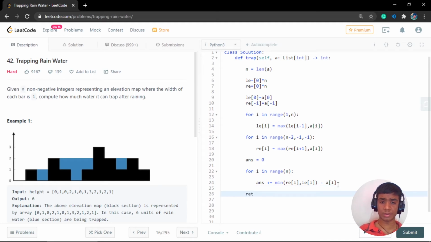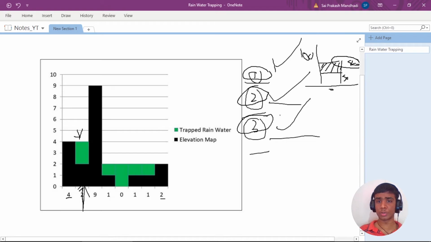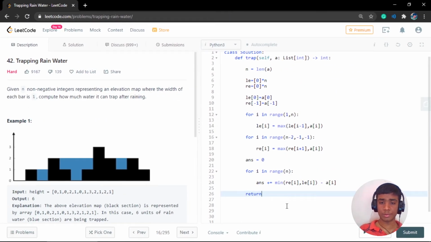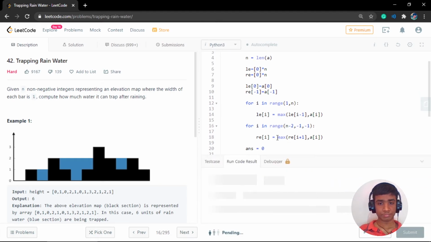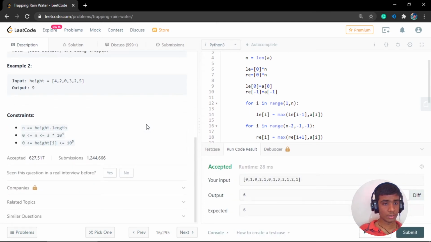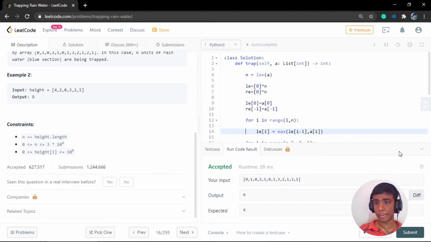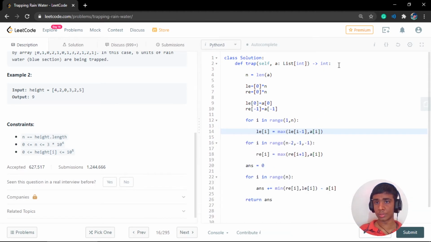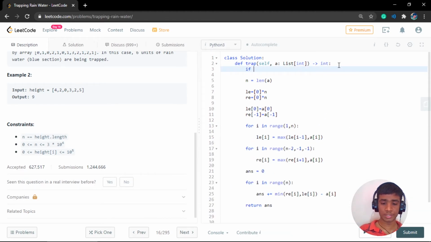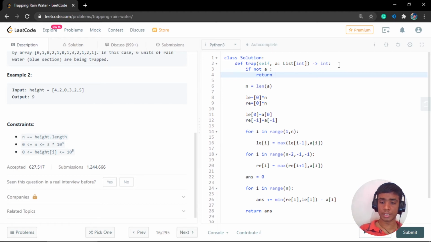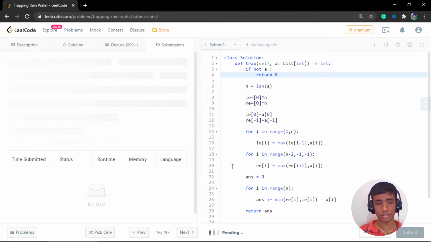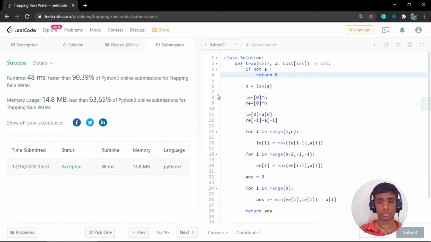And at this point, we have checked out our 3 points. 1, 2, 3 is done. And at this point, we are ready to generate our answer. Let's see if there are any base cases. Okay, one thing to consider is that n can be equal to 0, but since we are running the loop, it's better to take care of this base case. If not a, that is if a is empty, we are simply returning 0. And now if I submit, then this should be the actual solution.